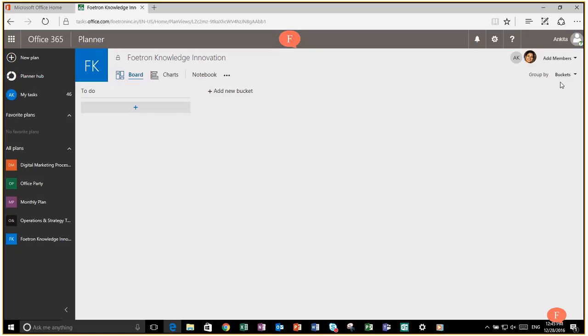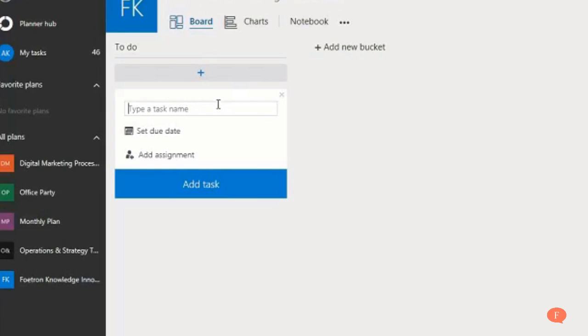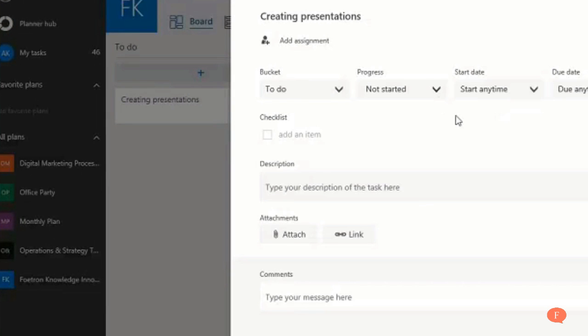So when I go to buckets, there is this to do, and I can start creating a new task. So this is called a card, a task card. So I type the task name. Let's say I want to start creating presentations. Now what it is for, I can write it over here itself, but it would just make it too big or too huge to be seen easily or read easily. So I would simply write the description: